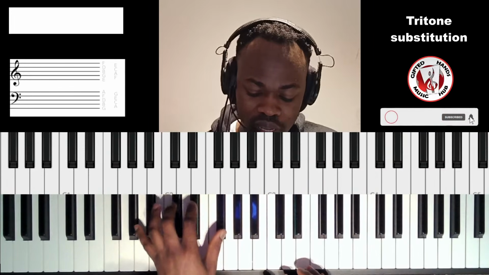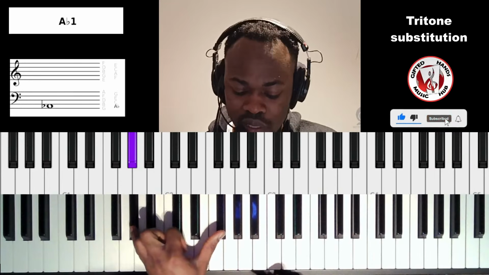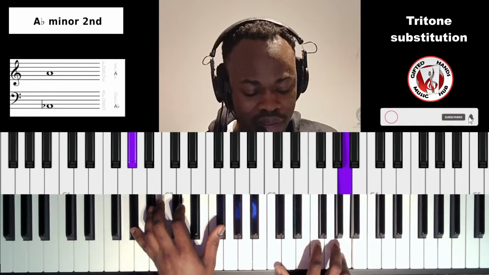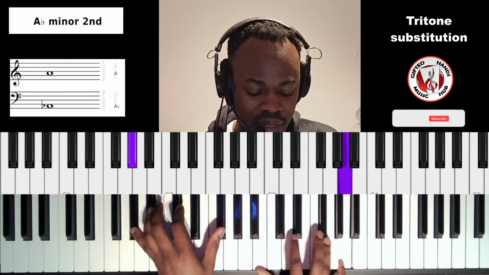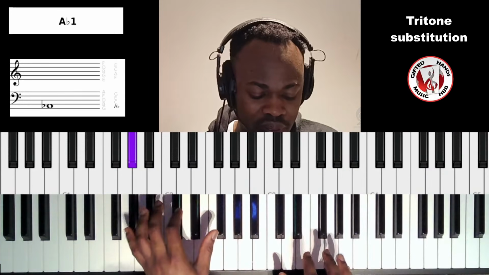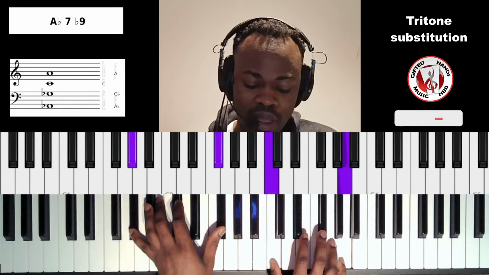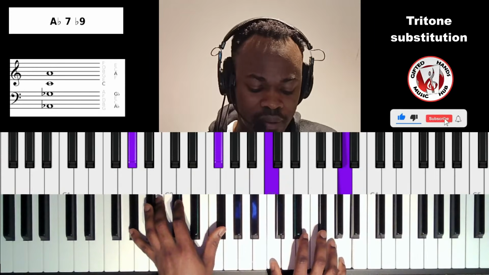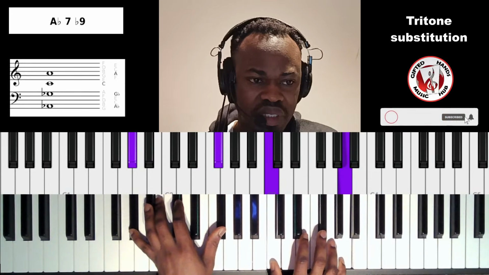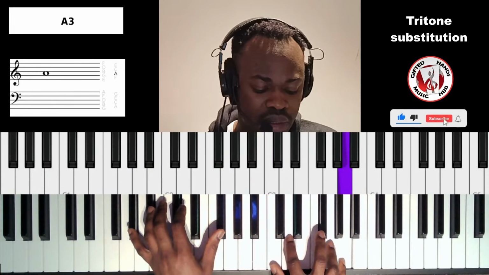So most of the times on that interval, you see that I'm playing a 7 shell chord, and then I add my melody. Then for the other notes in between, I can choose to make it a flat 9 note, okay, or let's see, I can choose to make it